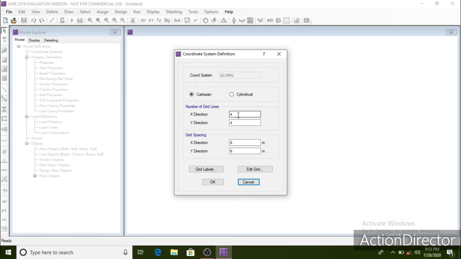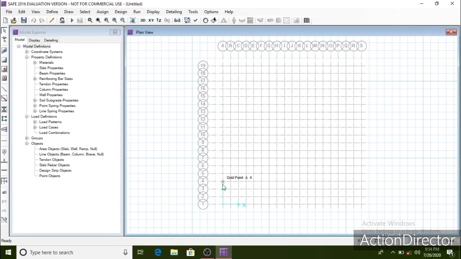So let's draw 19 grids in both x and y direction having spacing 1 meter center to center. Now click on OK. With this we can see now a grid of 18 meters by 18 meters is formed.